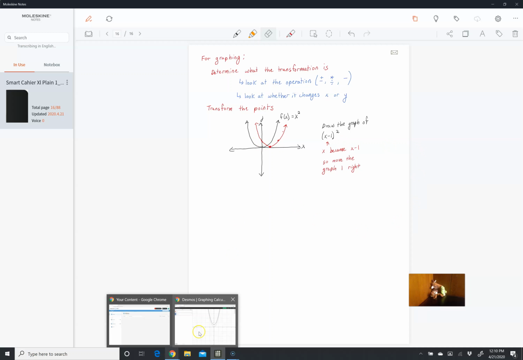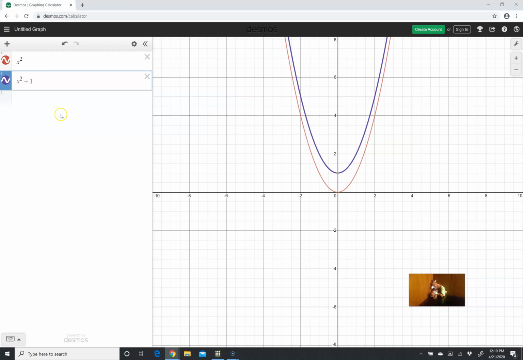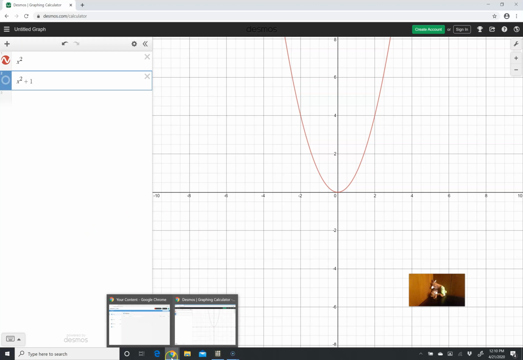So here, if this moved it up by 2, but if this was your original graph, you would just take this point, move it right 1. Take this point, move it right 1. Take this point, move it to the right by 1. Okay? If you have, for example, instead,